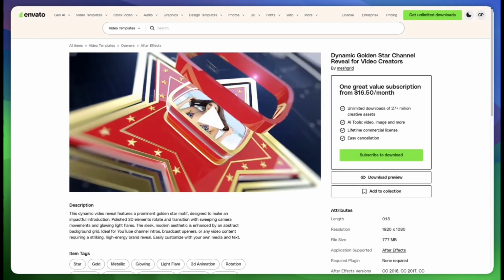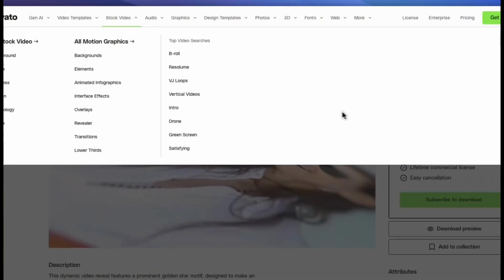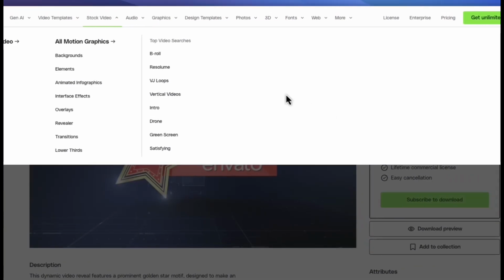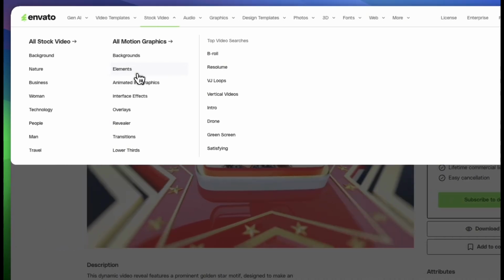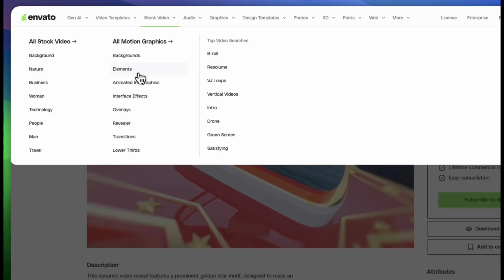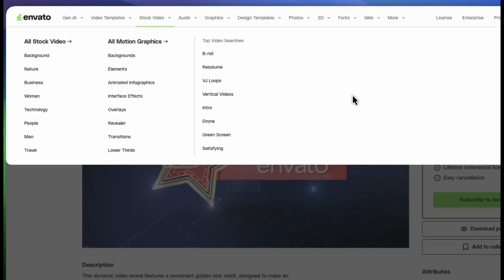Now next is stock videos. Stock videos are ready-made video clips that you can use in your edits. These are helpful when you need footage but you cannot record it yourself. For example, if you are making a video about nature, business, travel, technology, or lifestyle, stock videos can make your